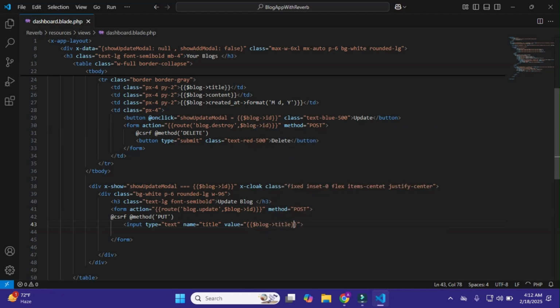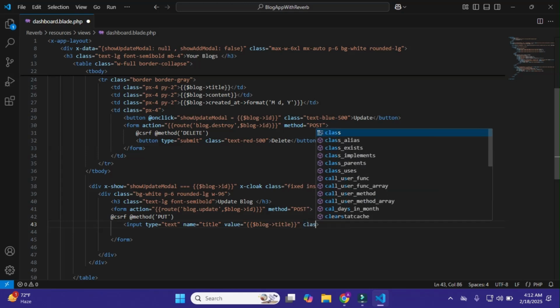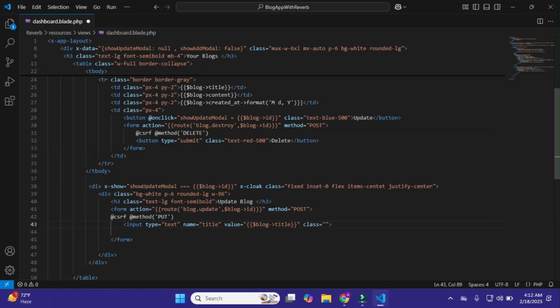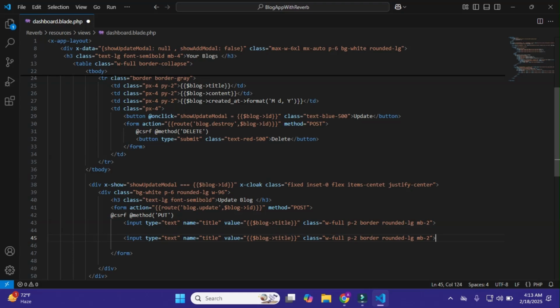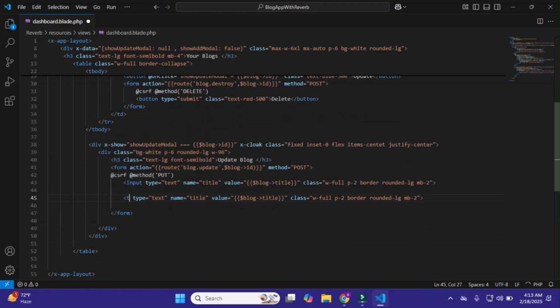Okay, that's it, and give it class w-full p-2 border rounded-lg mb-3. Okay, just this, and I'll copy it and paste it here, and this time I have a textarea.